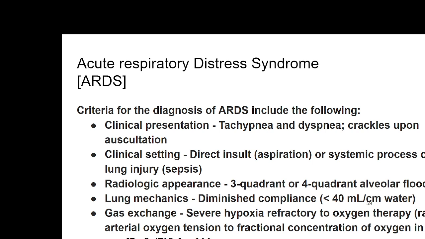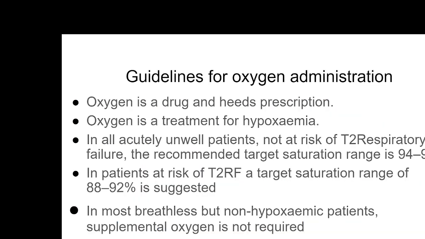And when there is evidence of fluid in the lung tissue, acute respiratory distress syndrome can occur, and that evidence could be seen in the X-rays. And even when you use lung mechanics like ventilators, if the patient is not able to respond to that ventilator, and the required pressure could be more than 40 cm of water, and there is severe hypoxia refractory to oxygen therapy, where simple oxygen is not enough, that will be considered acute respiratory distress syndrome, which can be quite fatal, and you need a high level of ventilation.